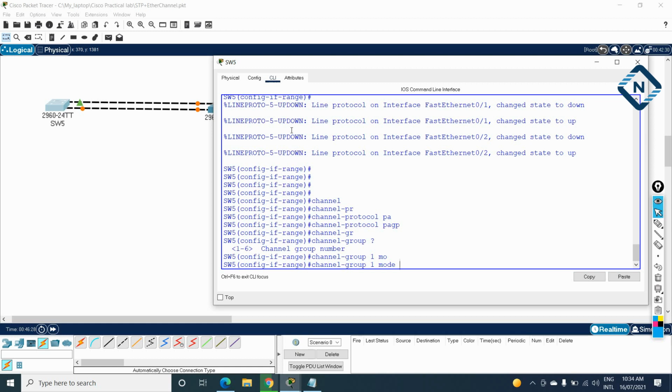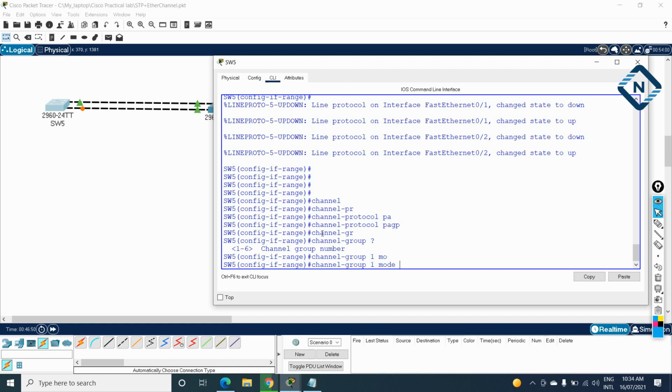If you are configuring PAgP on both switches, you need to configure the same protocol. If you configure auto in one switch, the other end should be desirable, not auto. If both switches have auto, then it will not form. So you need to use auto or desirable. One side should be auto and the other side desirable, or both sides should be desirable.